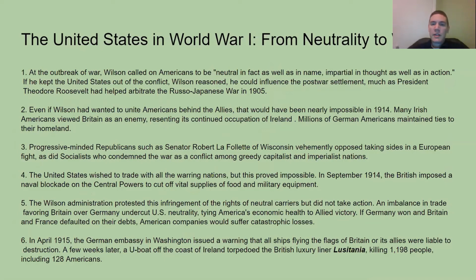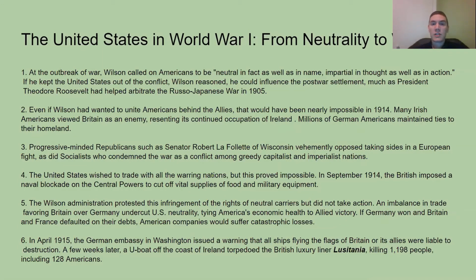So, reasons why the United States is entering World War I. You probably won't need to know the reasons why Europe goes to war, but just a reminder, the main reasons: militarism, alliances, imperialism, nationalism, and the spark is the assassination. For the United States, it takes a lot longer. Did they want to get involved in the war or not?